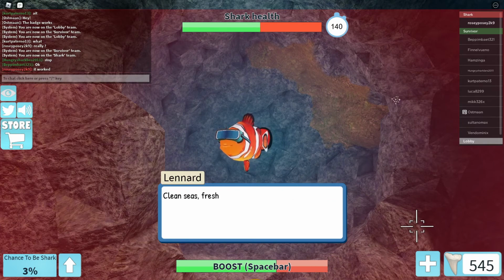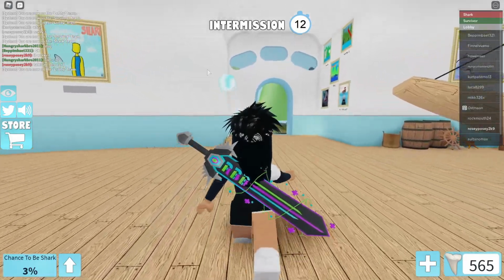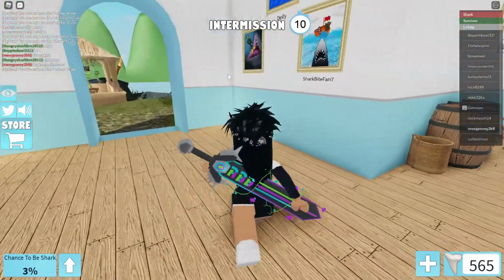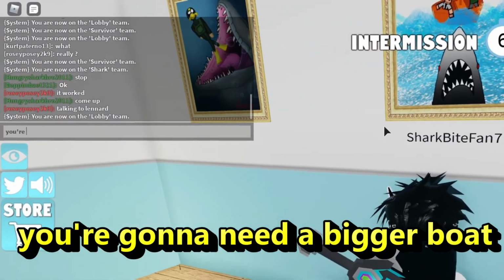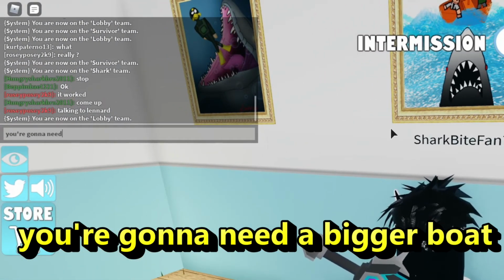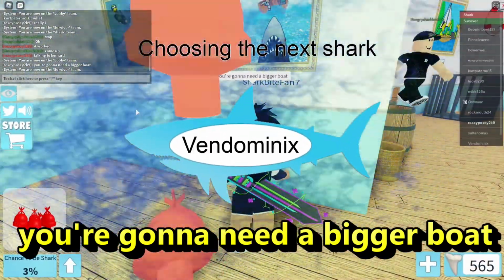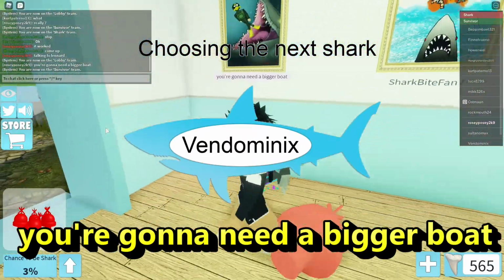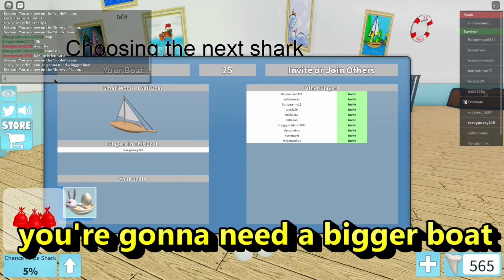Okay, so once the game's finished, you're going to head back into the foyer area, and you just want to head over to the other side to this painting that says Sharkbite Fan 7. And you need to type this little message in. It's a little anecdote from Jaws the movie, and was also in the interview with Ernest Cline a few days ago. Pretty cool. Anyway, when you type it in, you're going to get these 4 boys that drop out,